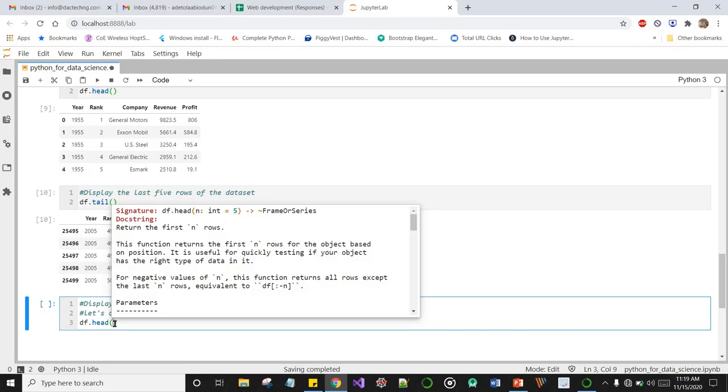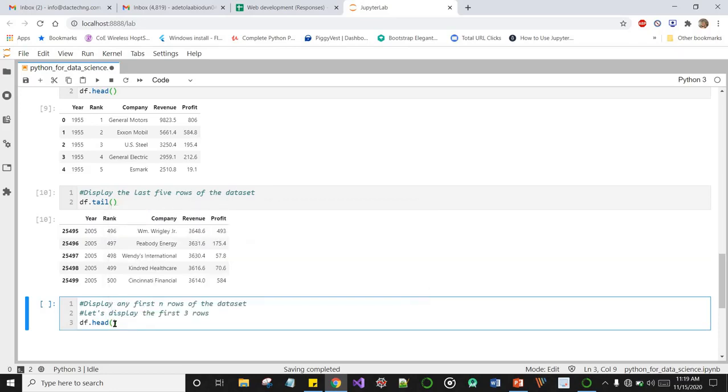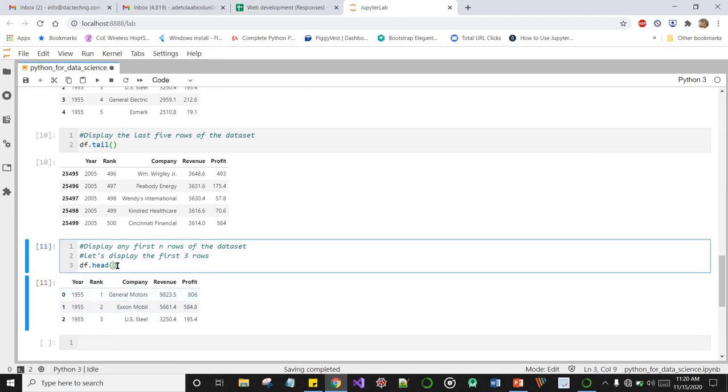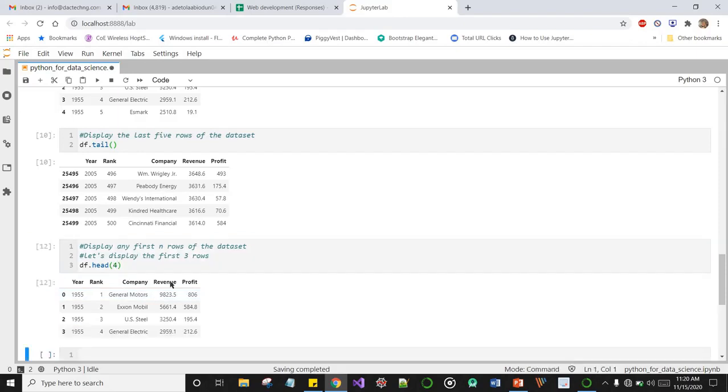So if we want to display the first 3 rows of this data set, we just pass the parameter 3 into the bracket and press shift enter to run, and boom, we have our 3 rows being displayed. Let's say you want the first 4 rows, just change this value to 4 and shift enter, and you have the first 4 rows of your data set.